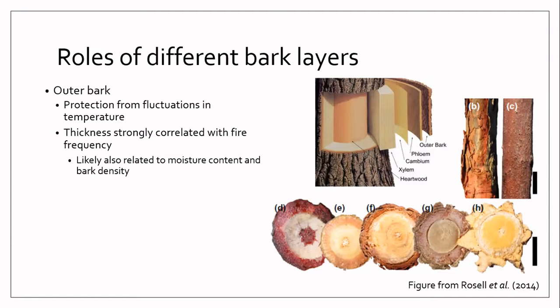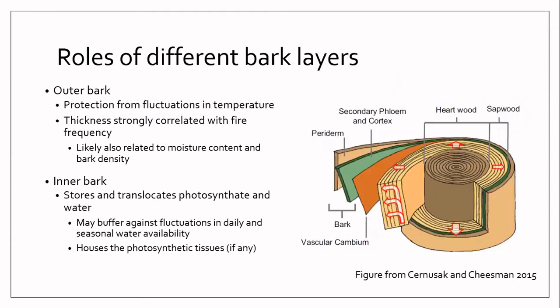This may be related to moisture content or bark density because they are all correlated, but it hasn't been differentiated, and bark thickness is more commonly measured. Inner bark stores and translocates the photosynthate and water, which may help buffer against fluctuations in daily and seasonal water availability. It also